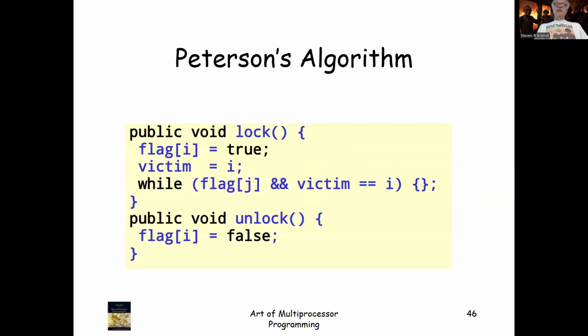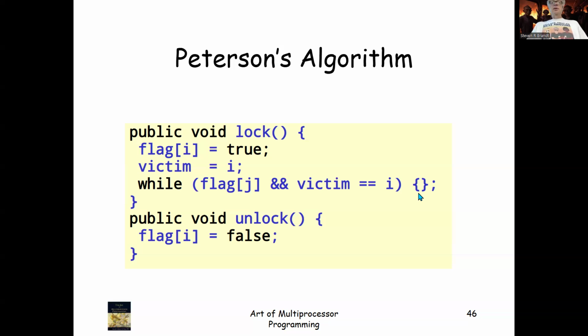Then we have Peterson's algorithm, which solves this by combining what lock one and lock two tried to do, or if we want to think about it the other way, it combines the flag and the CAN protocol, right? And the realization is we've got flags which only the current thread reads and writes, and then we've got a victim thread which we can both write, but we only put in our own unique values. And that combination of things allowed us to build a lock, right? So we can say flag J and victim equal I, and that's going to work.